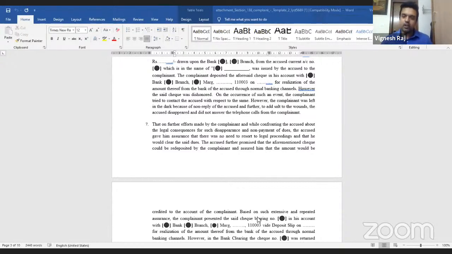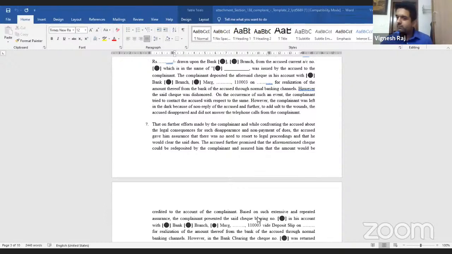And depending on what was the statement made by the accused, you will also state that here. You may not have a record of it on paper, but he may have either orally told you that I'll discharge it, or he may have made a written communication to that effect, depending on the situation. And thereafter, you'll have to state that you've not only issued a notice, but it was received by the accused on such and such date, and have the necessary documents in that regard.